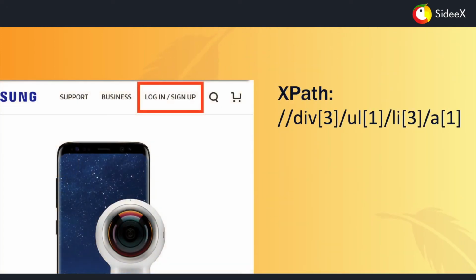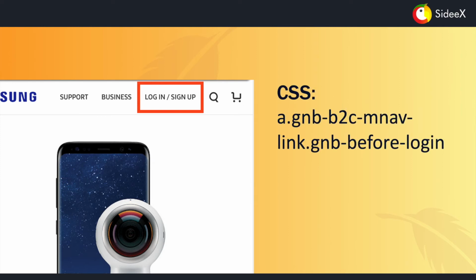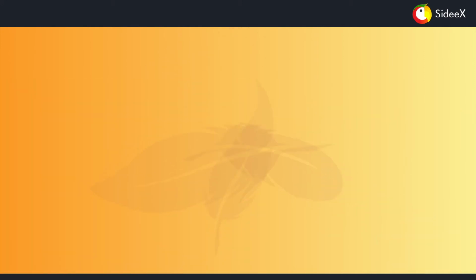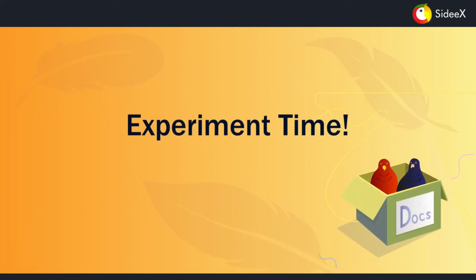For example, the login button in the Samsung website will yield an XPath like this, a CSS like this, and a link of "login or sign up," just as the button displays. You can try changing the locators in the pop-up comment editor if your recorded case is unable to identify the element.